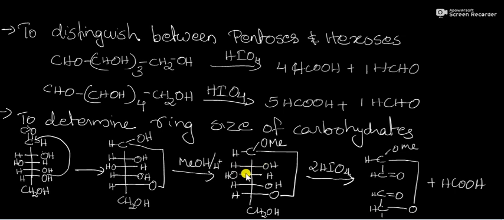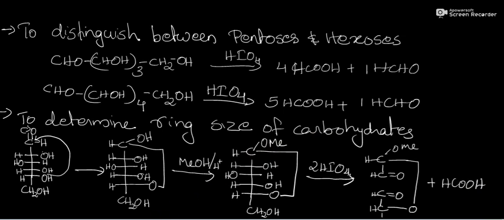Then this CH-OH bond will break and it will convert into HCOOH, formic acid, and this alcohol will oxidize into a carbonyl compound. Then what will be the structure of the product? This is the structure of the product, plus we get 1 mole of formic acid. So the ring size here is